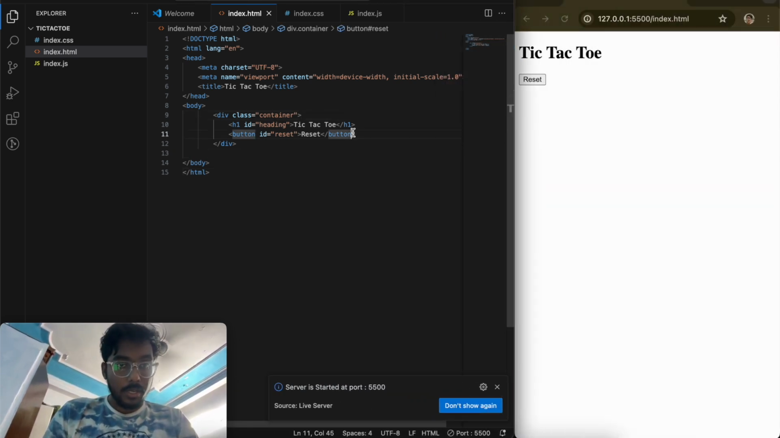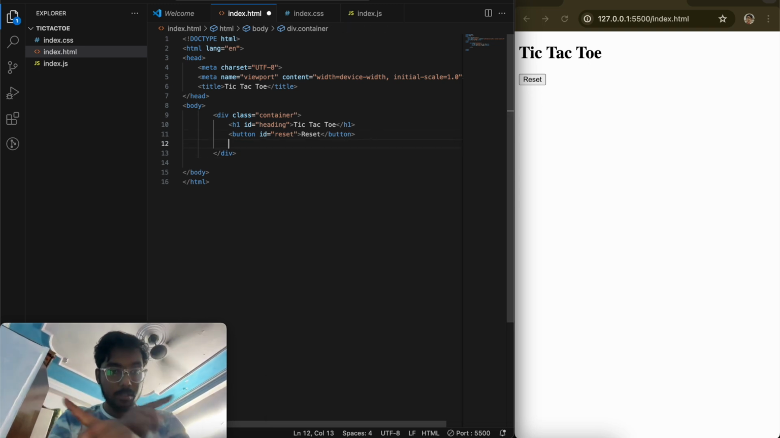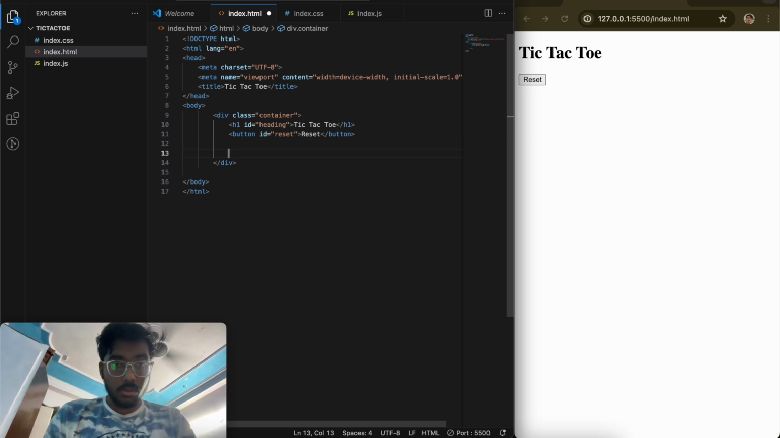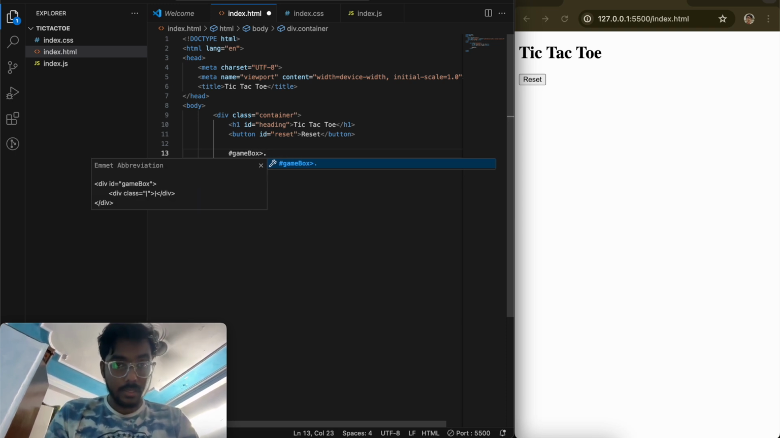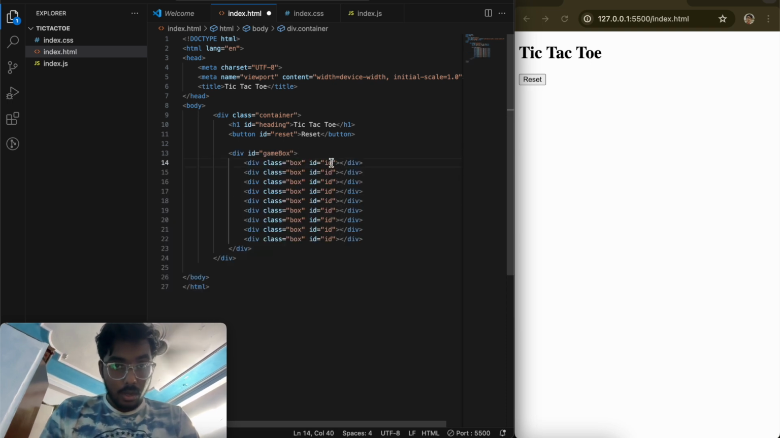Cool. And now what I have to do is create the boxes. Okay, so tic tac toe has 9 boxes. So what I'll do, inside the container, let's name it game box, and make a class with it as box. Alright, and box with the id, and nine boxes. So now let me put it like this: